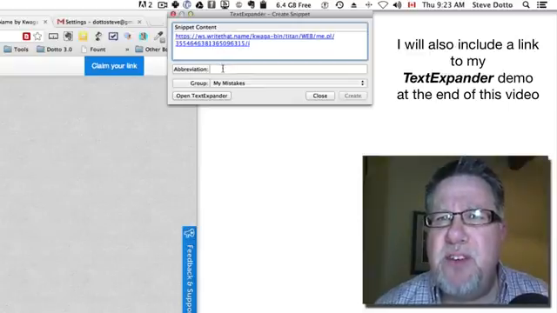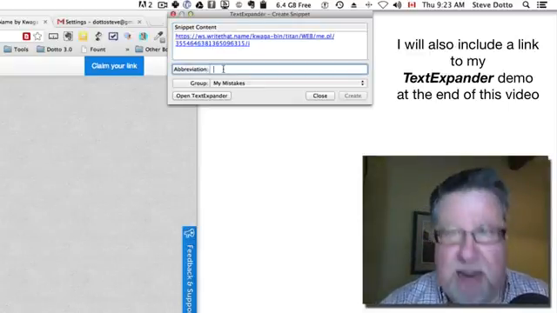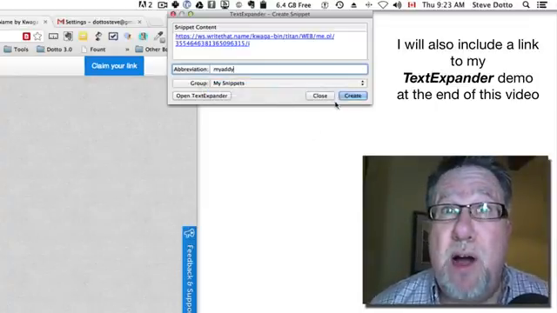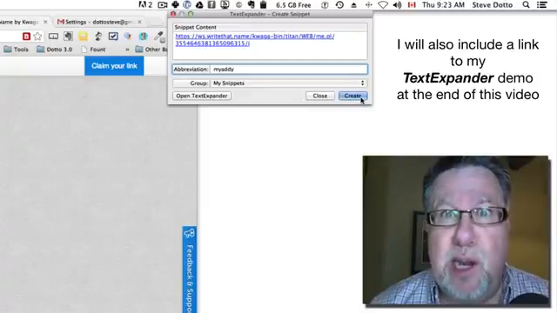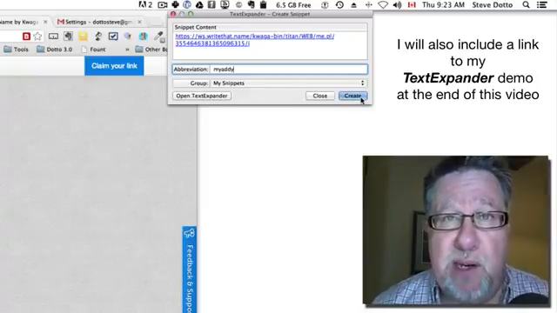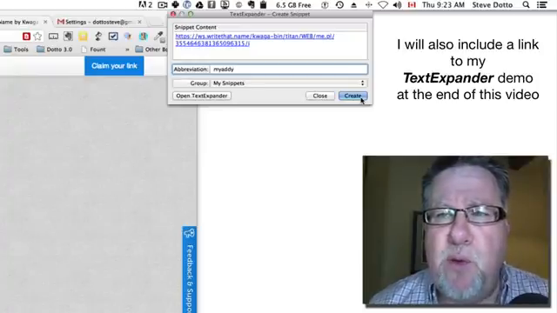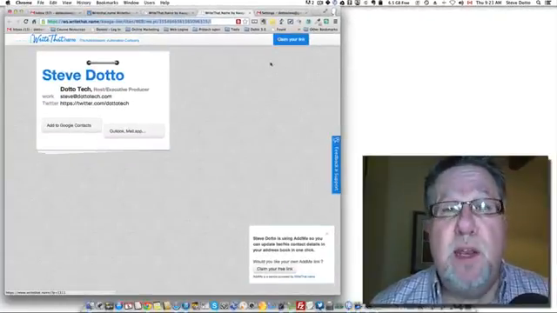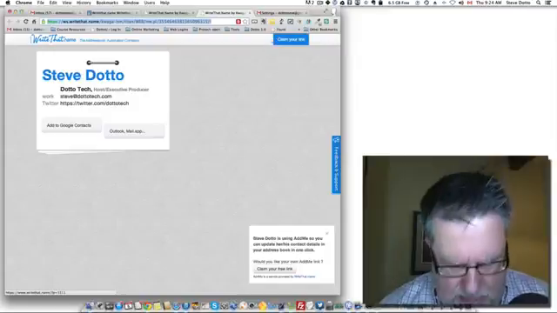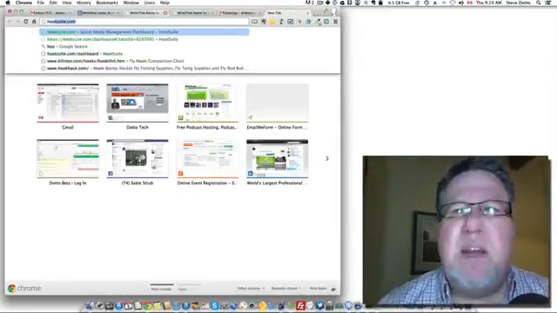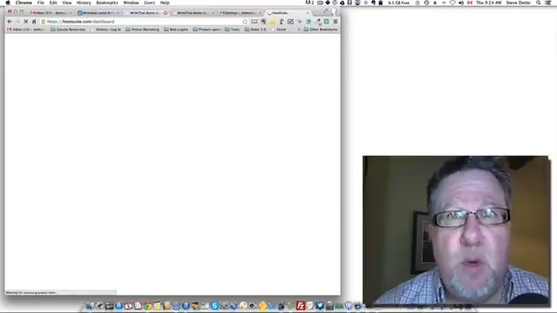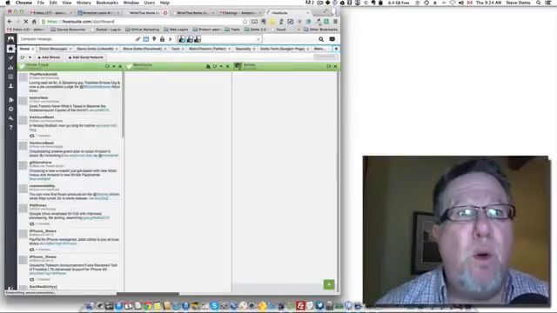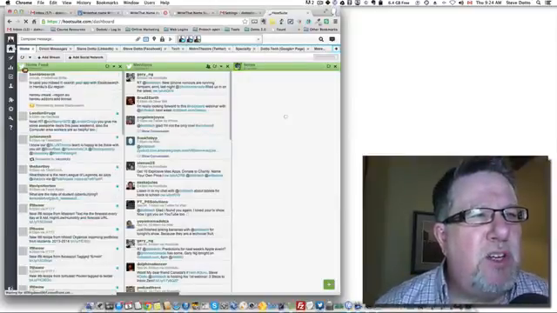I'm going to make the abbreviation for this snippet my ADDI, and I'm going to add it to my snippets. And again, we've got a demo on Text Expander, which you should take a look at. It's one of the most valuable productivity tools in my toolkit. But by creating this snippet, now when I'm doing something like being in Twitter, let me launch my Hootsuite account here. If I am direct messaging somebody back and forth in Twitter, and I want to give them my address, we want to move this to phone or to email, instead of having to do all of that